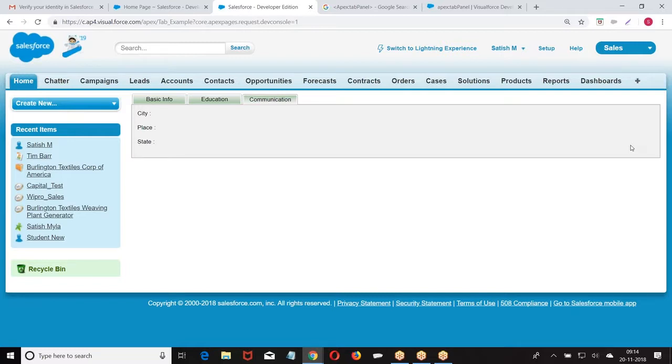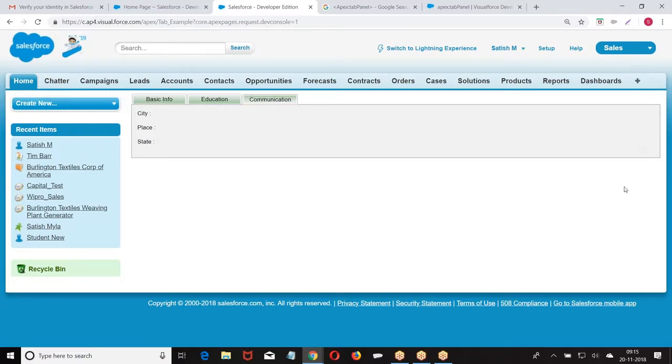When you want to collect the data, you want to break the page into a number of sections. Let us say I want to create one account, one contact, one opportunity. When I click on account, fields will come, I will enter. Next tab, contacts will come, I will enter. Opportunity will come. When I click on save, one account is created with the contact and opportunity. So when you have a form which contains multiple sections, instead of entering the entire data in a single flow, we break them into a number of tabs. That's how we got tab panel and tabs. I hope you are good with this.